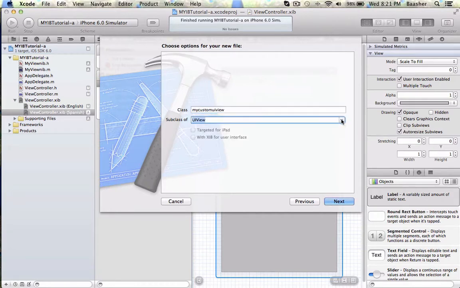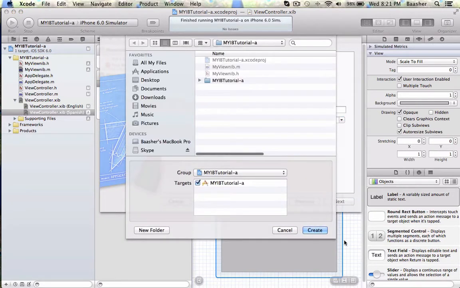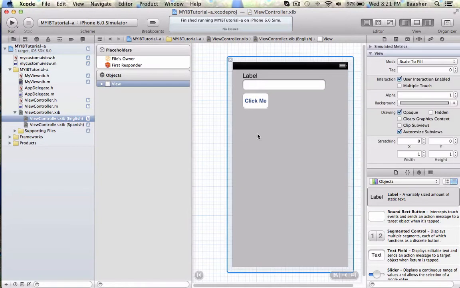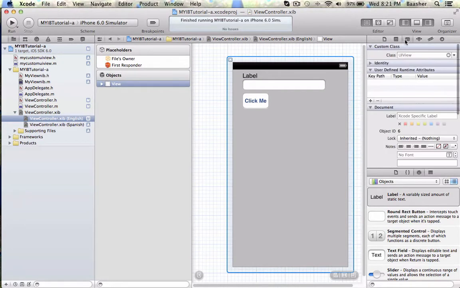If it doesn't show here, click on this drop down and select here that my custom view is going to be a subclass of my UI view. By default it's a UI view, you don't see it because it's hidden. So now you're going to create a file like that, and it's added right there. So now basically for each nib file we're going to come over here, select here, and select the correct tab right there, which is, you see how by default is UI view. We want to see my custom UI view,